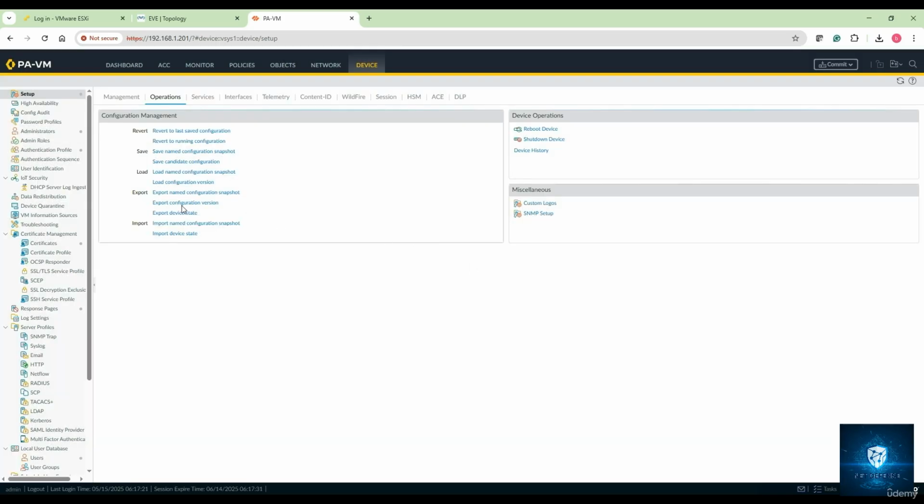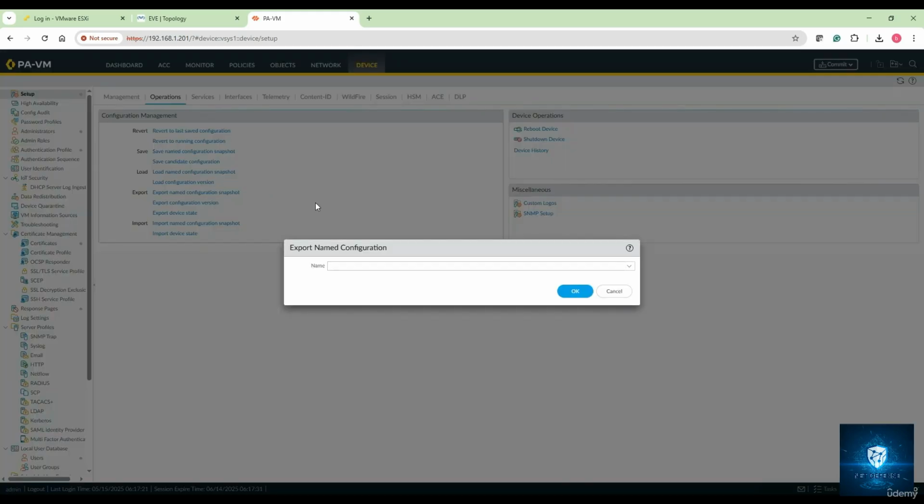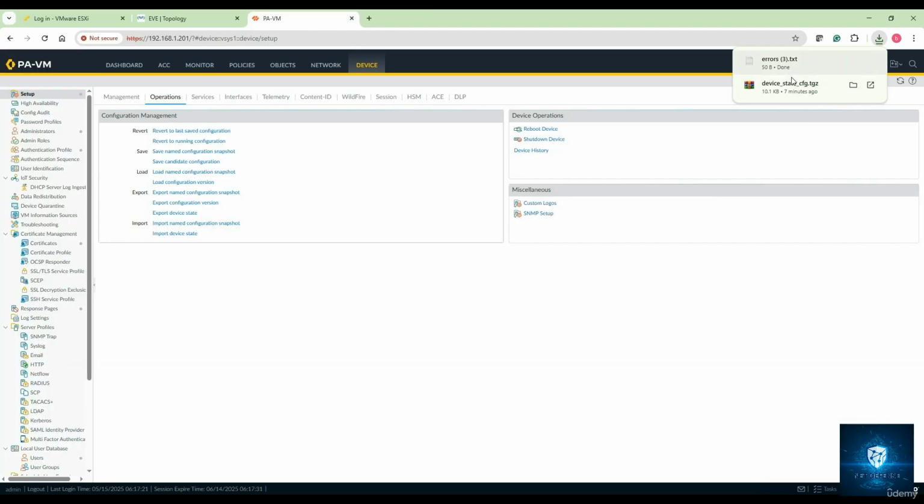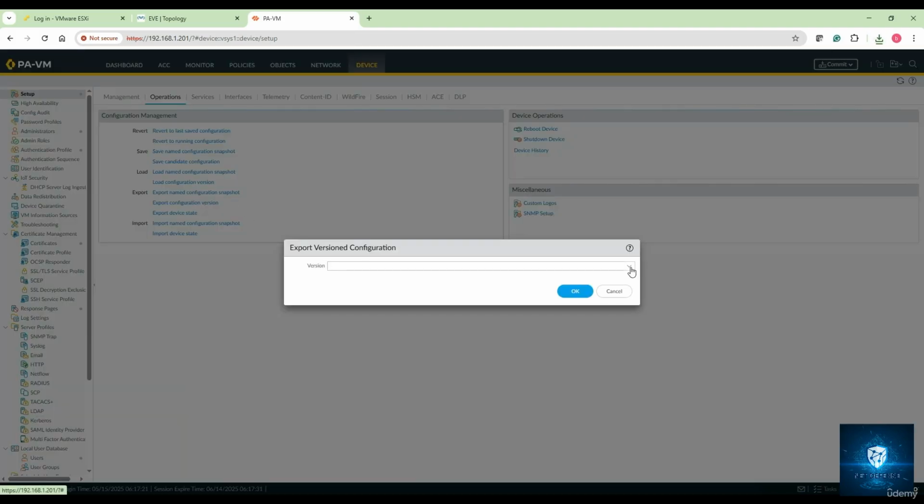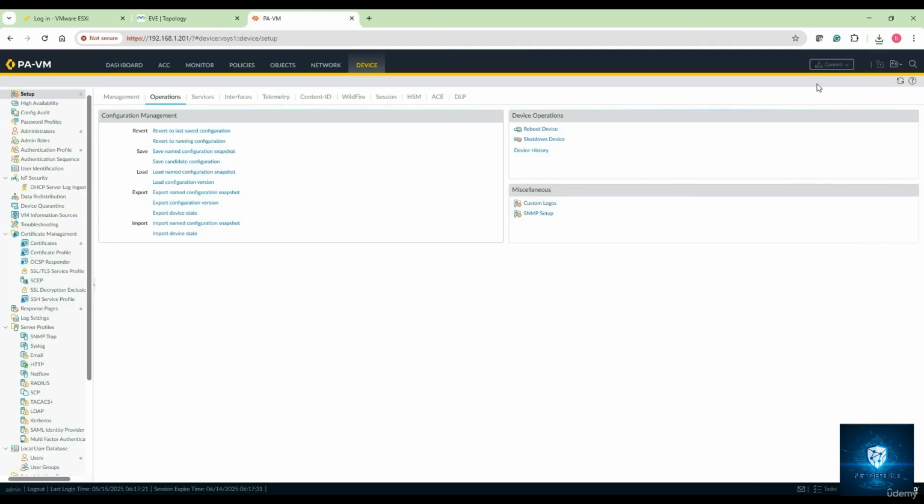All right, and as I've told you regarding export, I can export the named configuration snapshot. When I click on that, I can just define a name. So it is text export 1 and click on OK. So you can see maybe it's giving an error. I can export a configuration version if I want. So let's say the latest one, the 10th is the latest commit which I have made just now. So that is fine, that is happening fine. So this gets exported to my current PC, right, to my management PC.